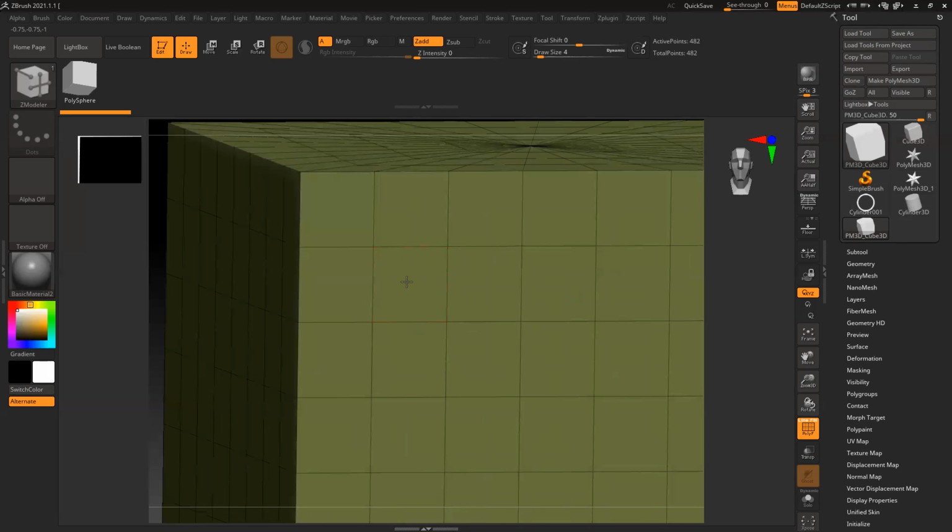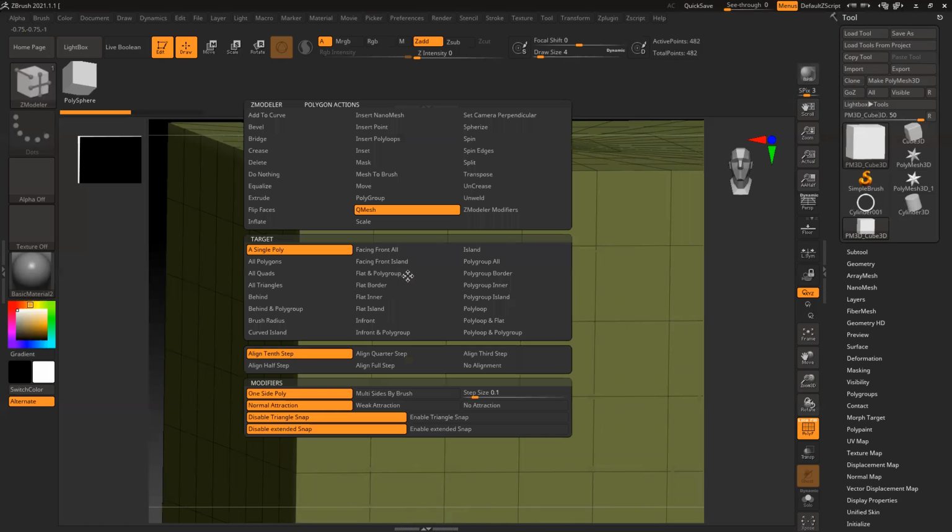And suppose you click this, by default it's QMesh, which basically extrudes, so you can extrude in whichever direction you want. Right now I'm in face mode, right? So select this, press the space bar, and you will see all the options related to face. These are basically polygon actions. You can see this is the action, this is the target polygons, and this is alignment and modifier things.